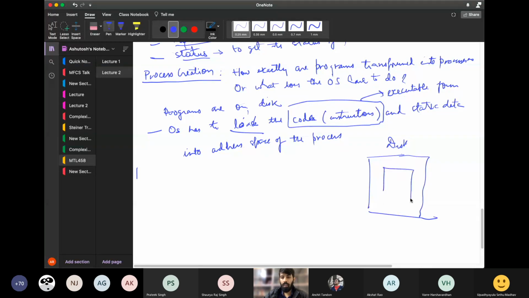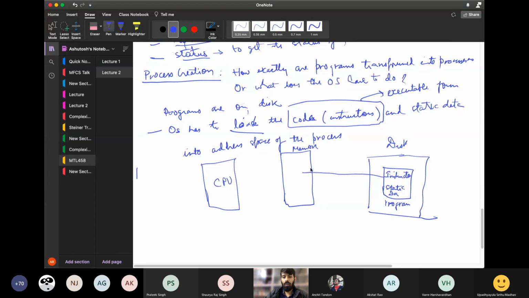And the program sits here. And what does the program have? It has some instructions or code and some static data. And here, suppose, is the CPU, and this is the memory. So what the CPU, or the OS, will have to do is bring